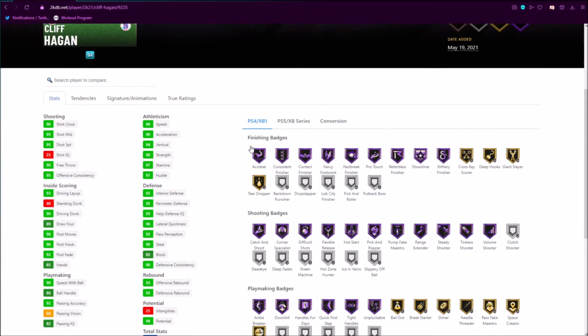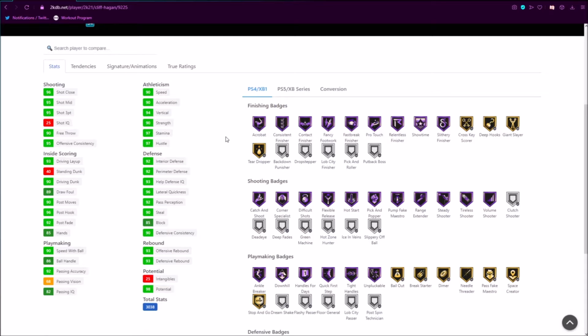So obviously we're going to be taking a look at the stats and the badges that he's got. Taking a look, he's got a 95 3-point rating off the rip, which is pretty damn good. But if we take a look at his badges here, he doesn't have Deadeye, Green Machine, or Hot Zone Hunter, which is just a complete failure in this game. The fact that he doesn't have those three badges while having a 95 three-pointer is just a massive disappointment in